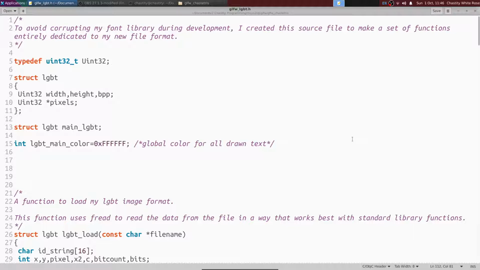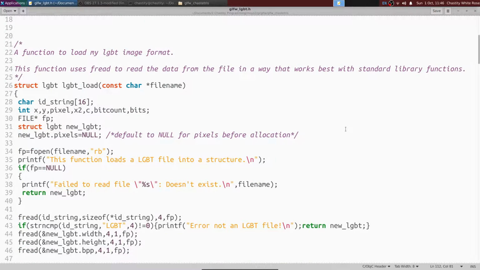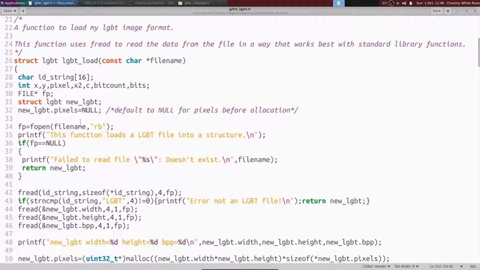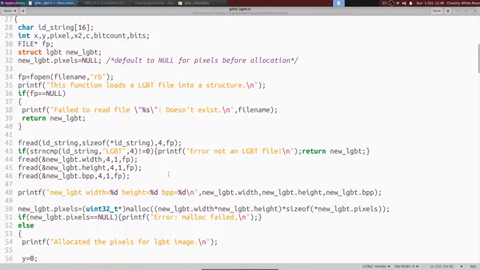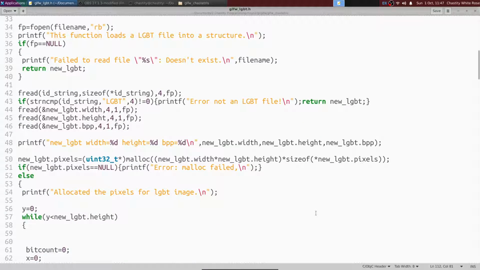And so here's the thing: this is a function that reads the data from a file. It opens the file with fopen, and it expects certain information to be there. Because I created my own file format, this isn't something you'll typically see. This is not a bitmap file. This is not a PNG file. This is not a JPEG. This is not any existing file format. It's my own format. But basically, the first 4 bytes should be LGBT, and if they are not, then it's